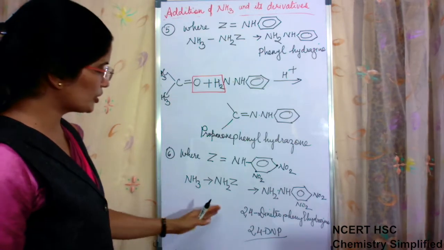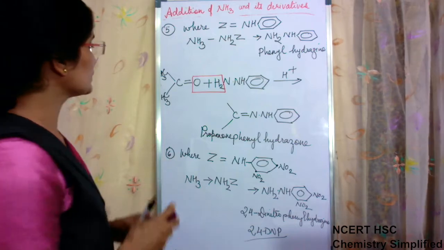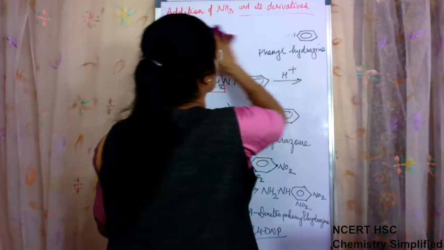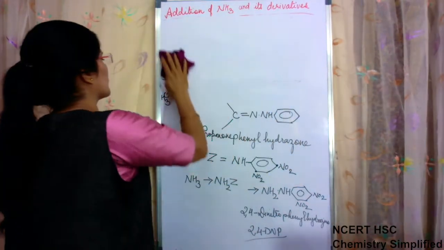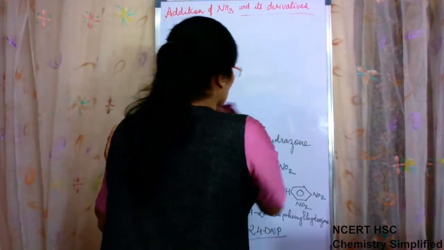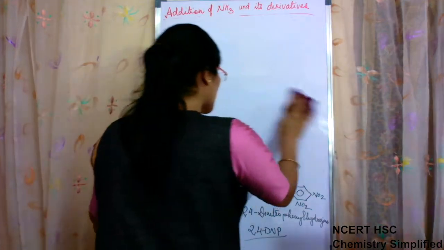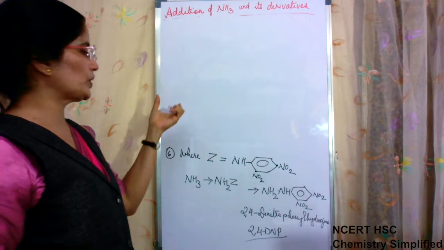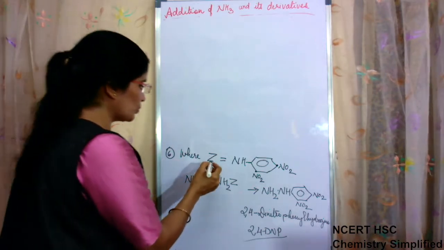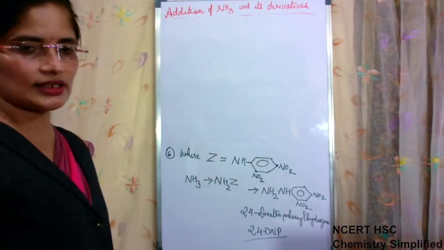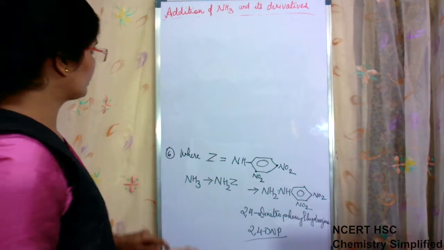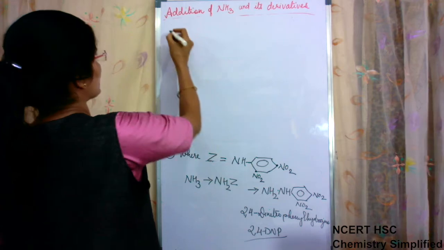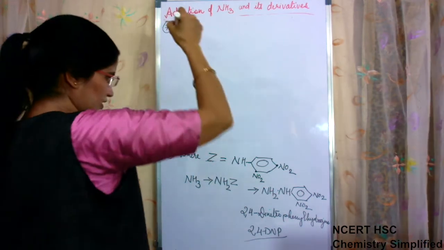Okay, so now we are going to write the reaction with 2,4-dinitrophenylhydrazine. If you see these reactions, they are all similar reactions. The key thing you have to remember is that every time you are changing only Z, and in all reactions you are removing only water. So the rest will be done automatically. Okay.